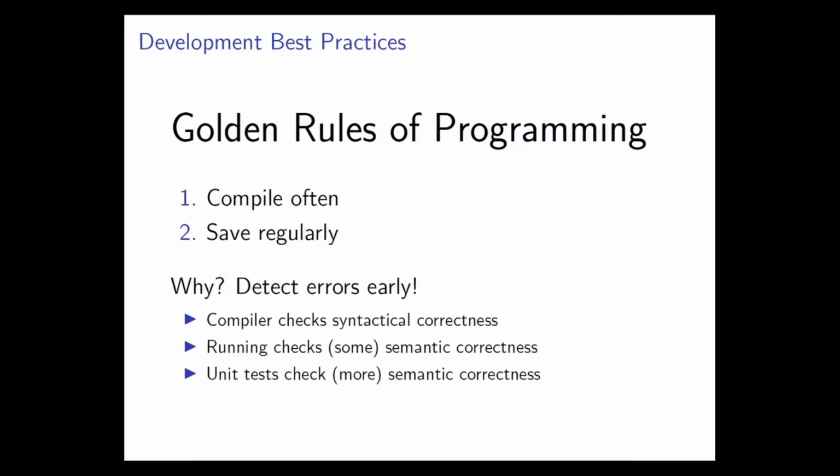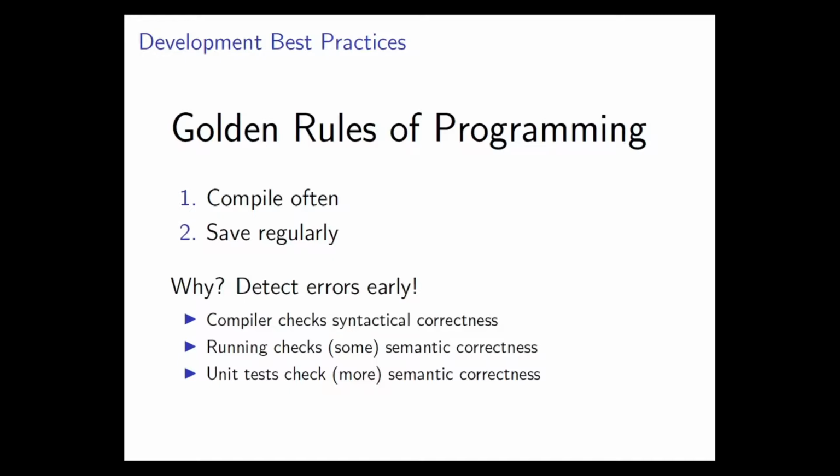So, different points at which errors can be detected. The compiler checks syntactic correctness and quite a lot of other stuff as well. It checks the type correctness of your program, for example. Running your program will catch some other aspects of correctness, some semantic aspects of correctness. Of course, just running your program once doesn't prove anything about the complete correctness of your program, certainly not when